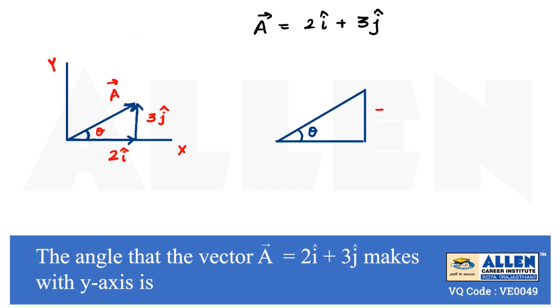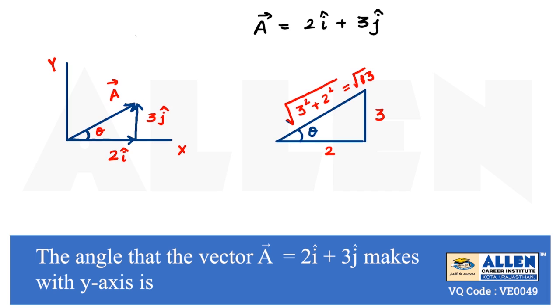The angle represented here with theta can be calculated with the help of the perpendicular, which is 3, and the base, that is 2. We can easily find the angle in the form of tan theta. If we want to calculate the hypotenuse, we can calculate it here only, that is root of 3 square plus 2 square, that will be root 13. So we are getting the values of perpendicular, base and hypotenuse with the help of the right angle triangle. Perpendicular is 3, base is 2, and hypotenuse is root 13.